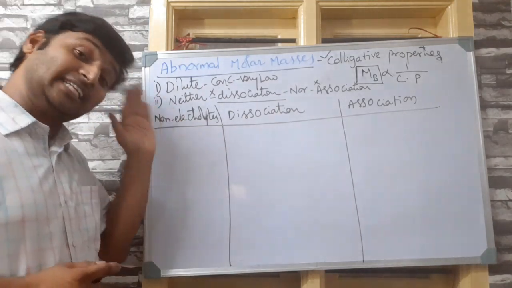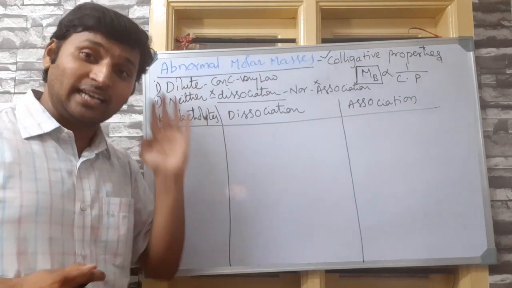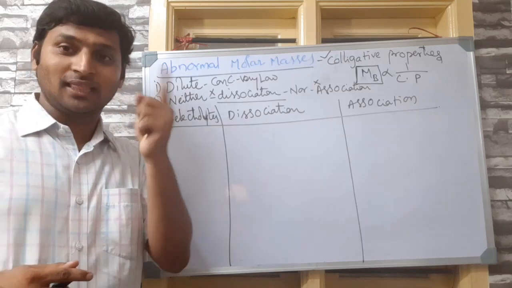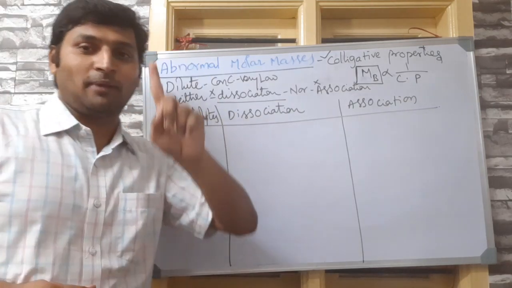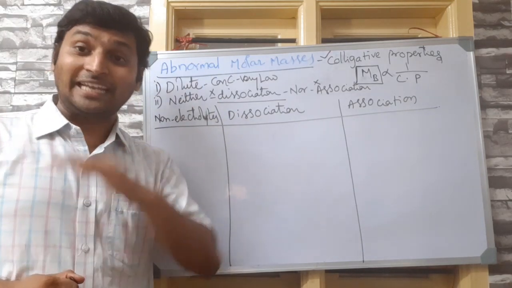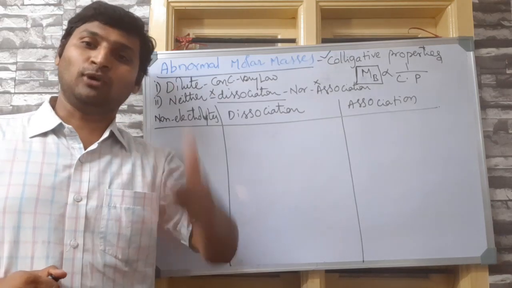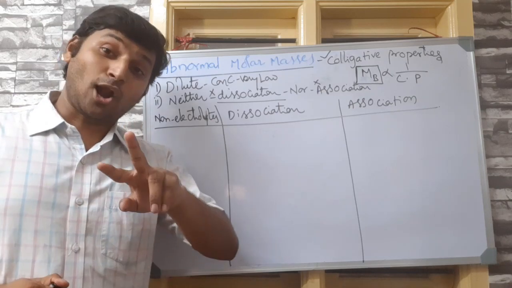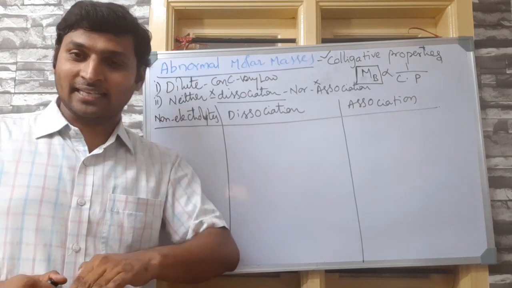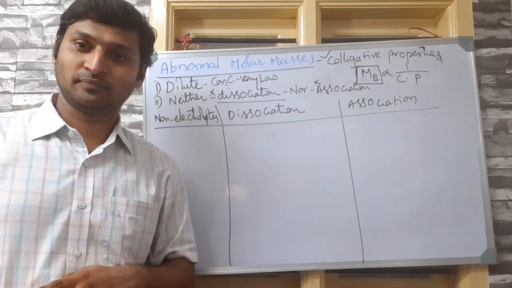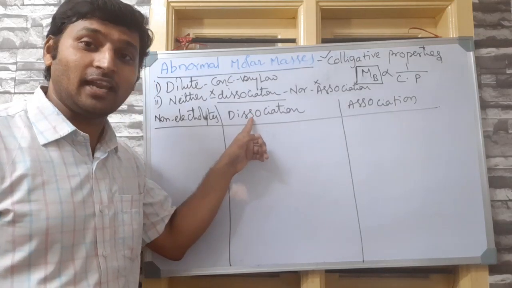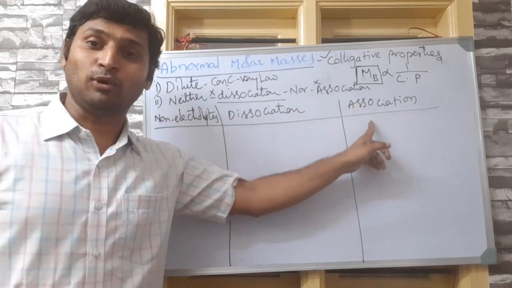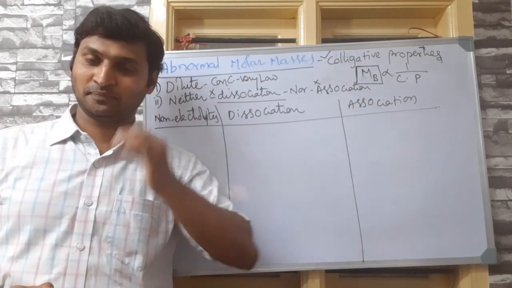One, the ones that give exactly accurate, reliable, normal molar masses. Or two, the ones which give abnormal, inaccurate, wrong molar masses than expected from the theory. Now, that wrong might be of two types: less than expected and more than expected. So this is the category where you get molar mass less than expected. This is the category where you get molar mass more than expected.